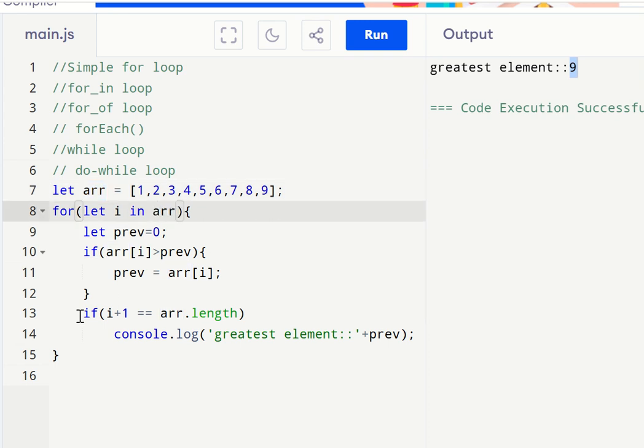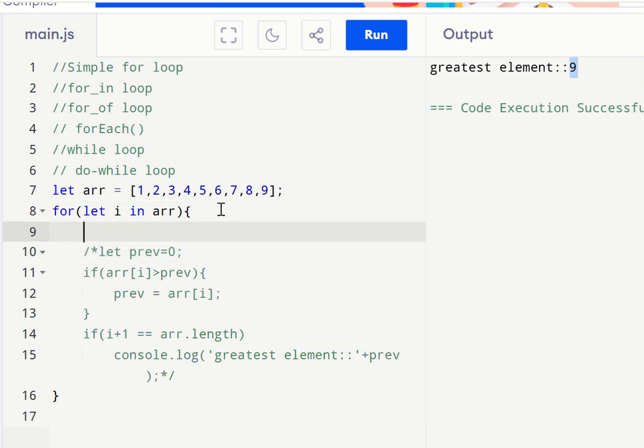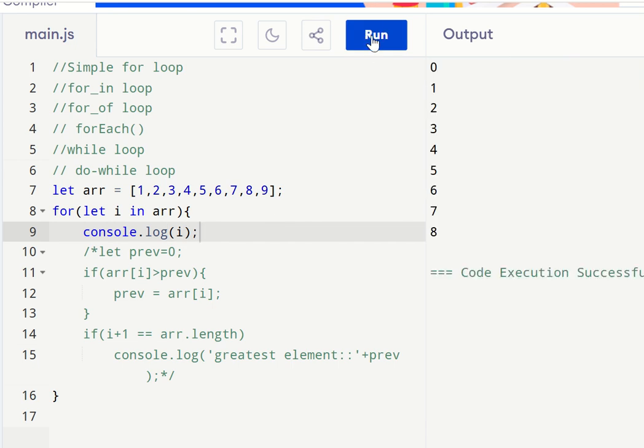Okay, so what will happen here? Let's comment this. Okay, and then you can find console.log. You can find the element. Okay, 1 2 3 4 5 6 7 8 9. Okay,